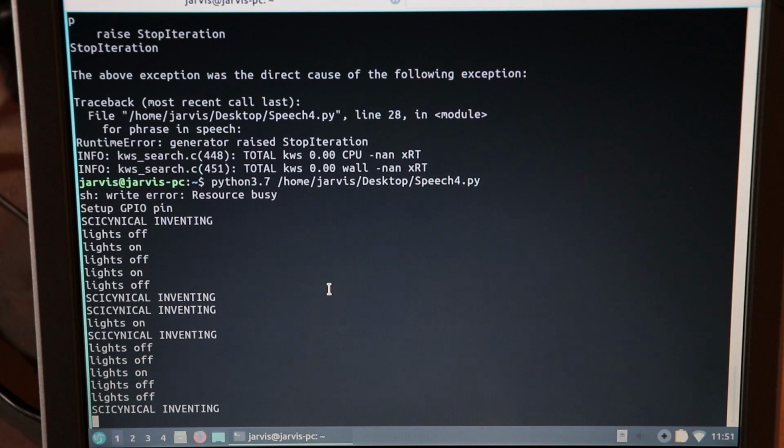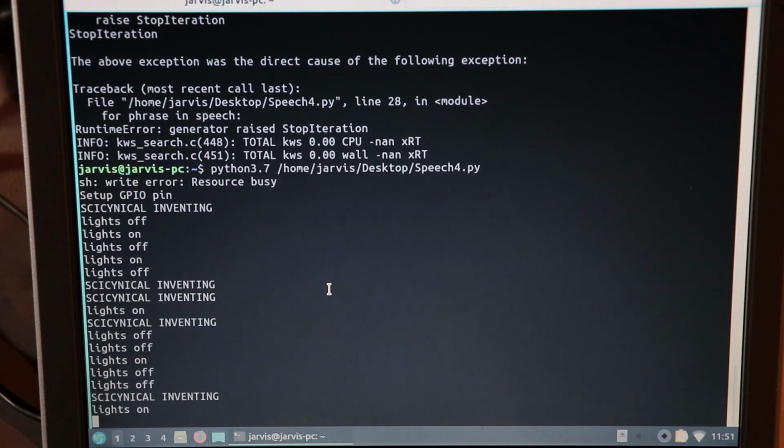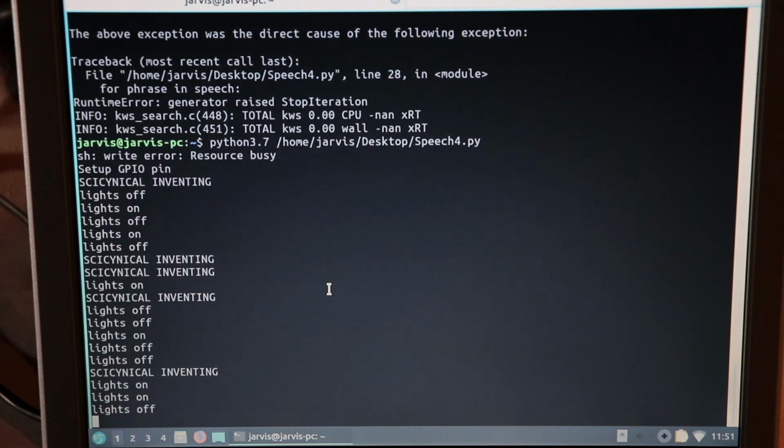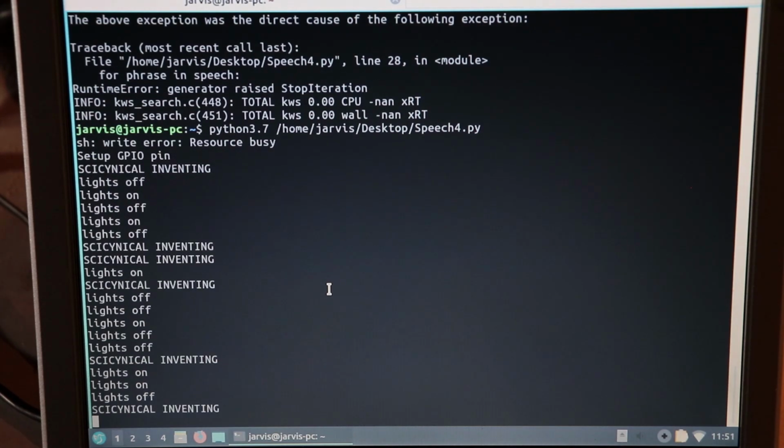Now, of course, if everything is quiet and I say a command, then it will respond. Lights on. Lights off. Who should you subscribe to? See, there we go. At least it responds pretty well when it knows what you're saying,